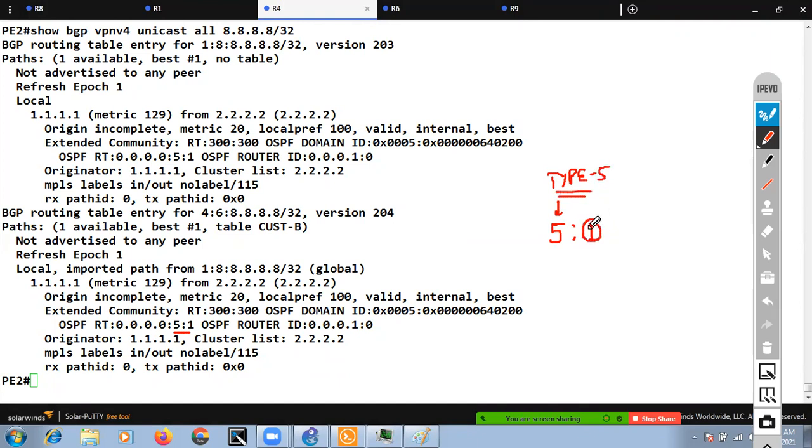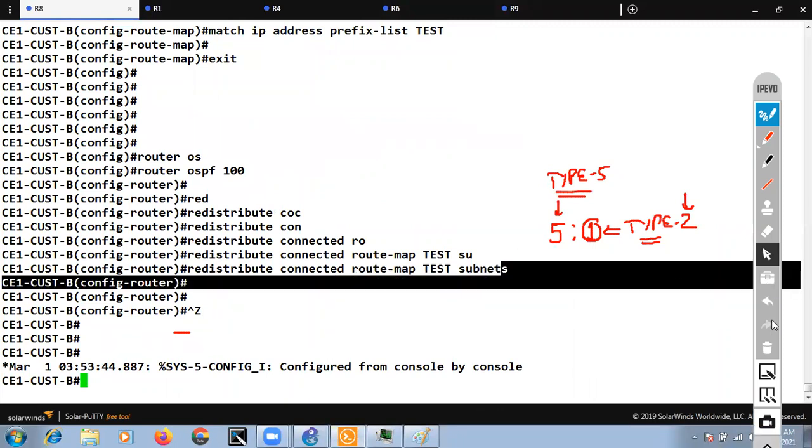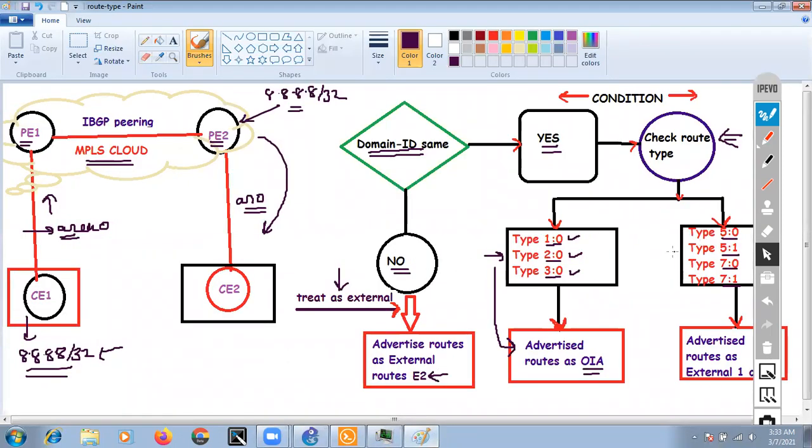And 1 means, as we discussed a few minutes back, 1 doesn't mean type 1, so it is a type 2 LSA, right? So it's a type 5 and external type 2 LSA, right? Because when we redistributed it at R8, we did not mention any metric type as E1 or E2. So by default, it will be E2, right? So if you look at our diagram, we are receiving a route type with a value of 5:1,